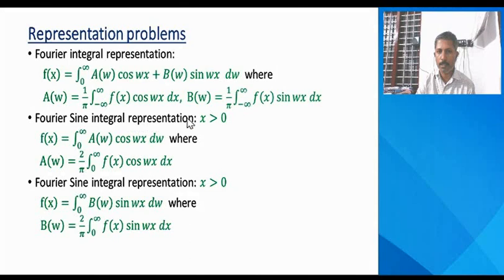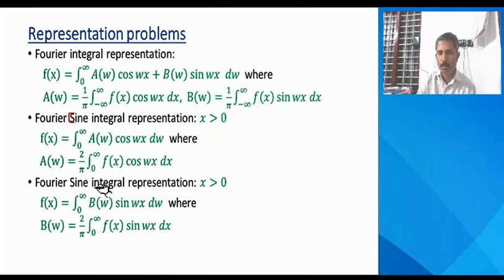And now the Fourier cosine integral representation. In the Fourier cosine integral representation, we consider functions which are defined on the positive part of the x-axis, that is x greater than 0. This is not the sine integral, this is the cosine integral. So here f of x has to be represented as an integral involving only the cosine function, and a omega is obtained by this formula. And you observe that there is a 2 here and the integral is from 0 to infinity. That is because the function is defined on the positive part of the real axis.